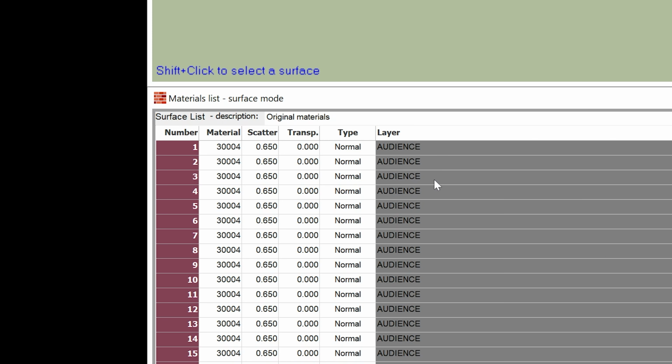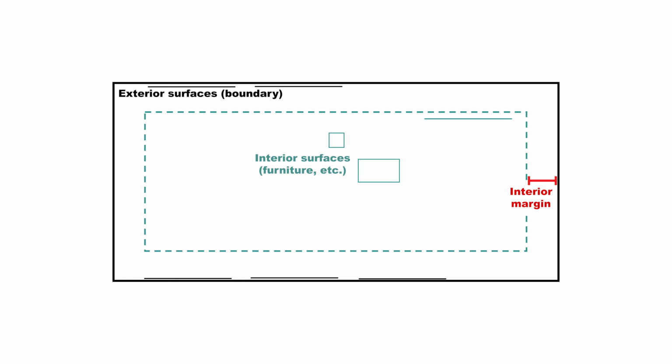The last property you can configure here is the wall type. To explain the normal and exterior types, I will briefly explain exterior and interior surfaces. Based on the distance from the room boundary, Odion will categorize surfaces as either exterior surfaces describing the room boundaries, or interior surfaces, which are mainly surfaces of objects inside the room.